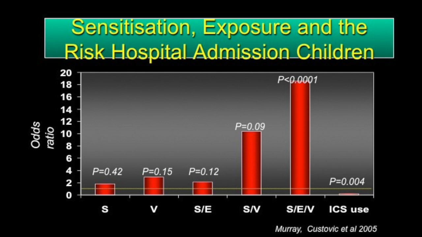And what you can see is that if you're just sensitized, or actually even if you're sensitized and exposed to, let's say, mite or cat, the odds ratio for admission with asthma is not particularly high. But if you've got all three, there's great synergy, and that boosts up your risk of having an asthma admission. And so there's an important interplay between the presence of IgE in the blood and on the mast cells, whether you're exposed, whether you've got that cat in your house and you've got the antibodies to it, and whether you've got virus infection as well.